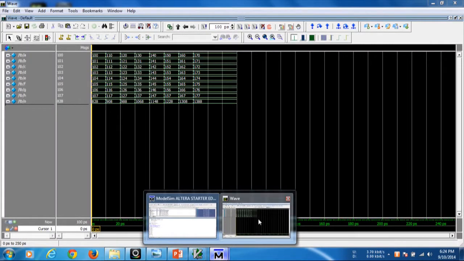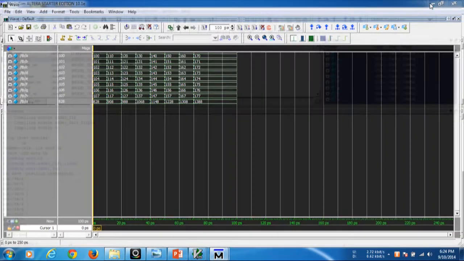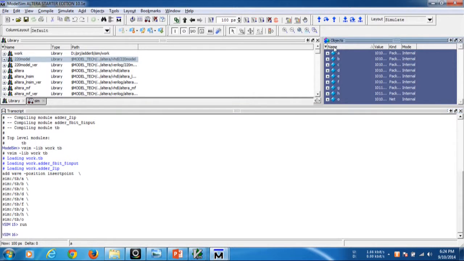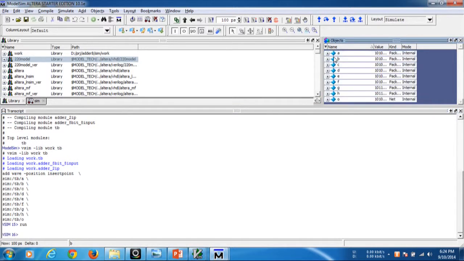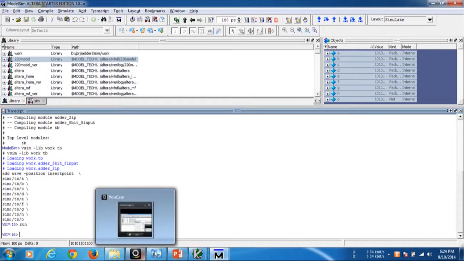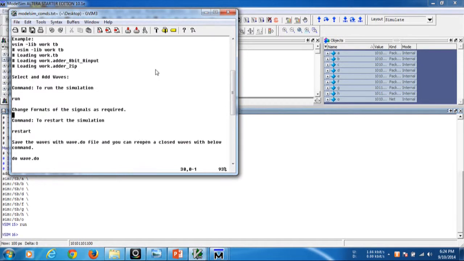So far we have got the waveform. One important thing again is that only for the first compilation do you have to select these objects and add to wave. After that, there is no need to select.